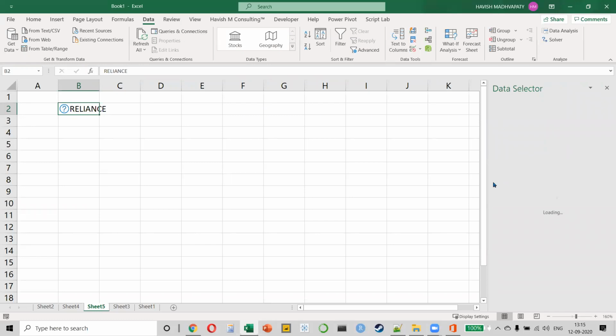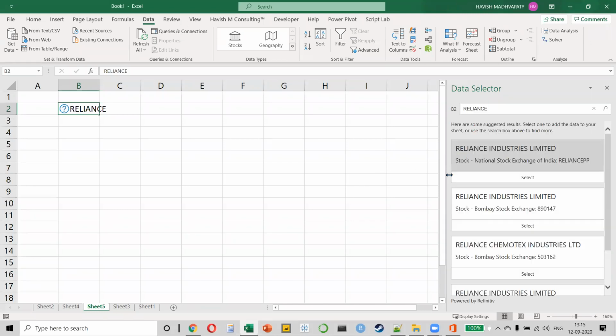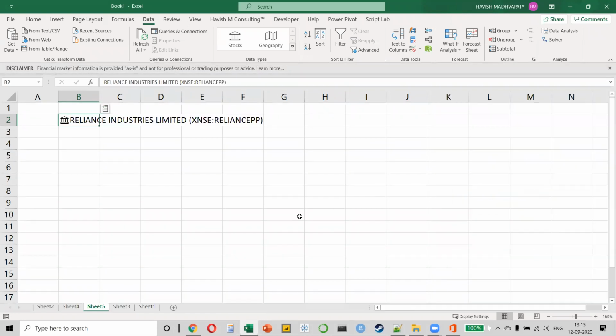Obviously, there'll be a few options that come here. So let me just load first. Okay, so let's say Reliance Industries on National Stock Exchange, okay?